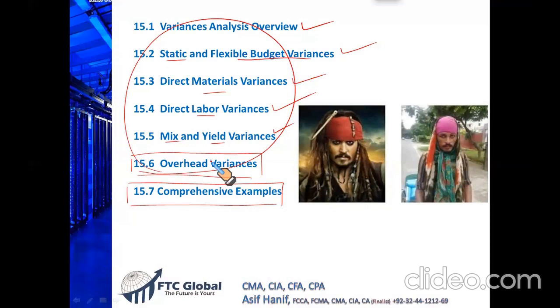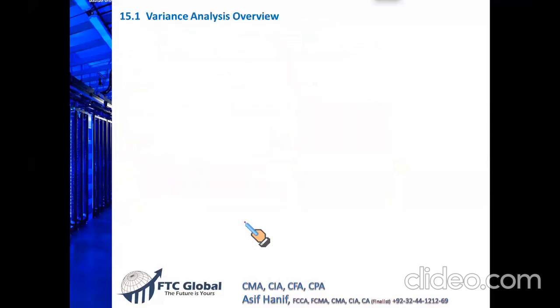So let us first start with a little overview about variance analysis. And of course, don't forget that we also have sales variances, sales quantity variance, sales price variance, and we will discuss also the sales mix and yield variance. Okay. First, let's have a quick overview. Why do we conduct variance analysis? We discussed that we set standards for our production. Let me show you a standard cost card and how it works.